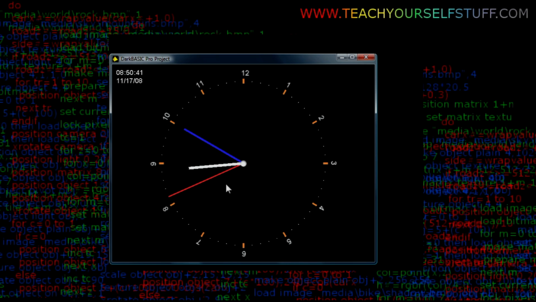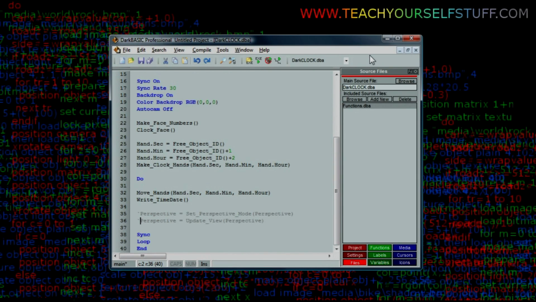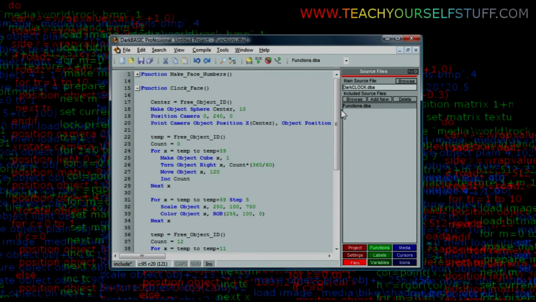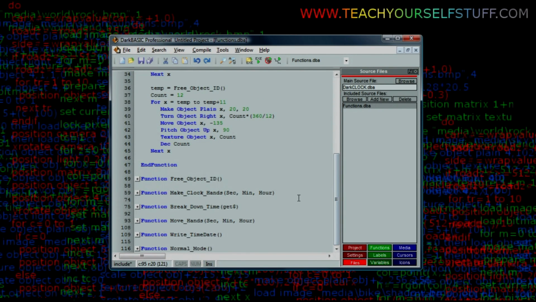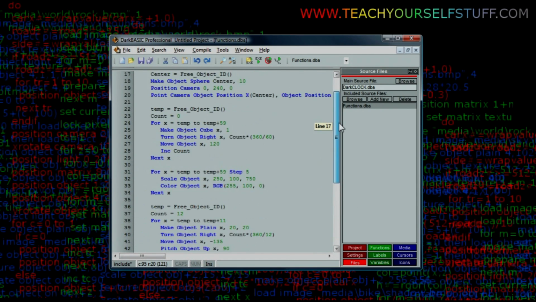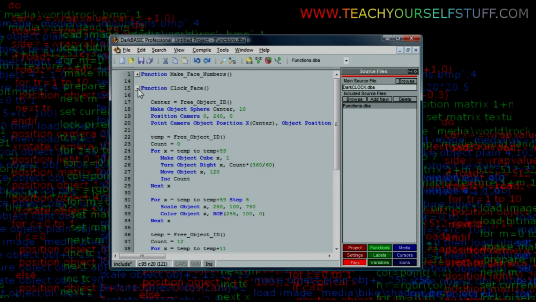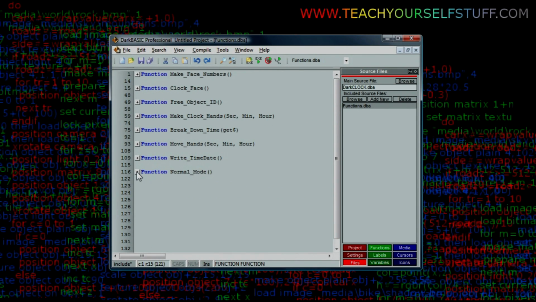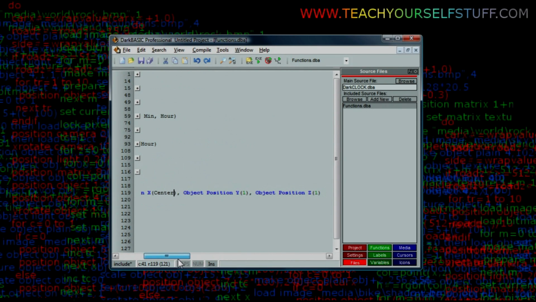So this sphere now is now referred to as center rather than just object 1. So I've given it a name so it has more meaning. We'll go back to functions and I'll collapse this one down here. We've made our changes, so I don't need that one anymore. Go back to normal, and of course we can change all these to center now as well. So this basically ensures, as I say, that we've got a logical name for the object in question,